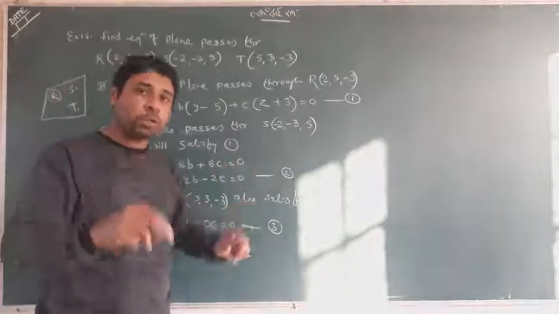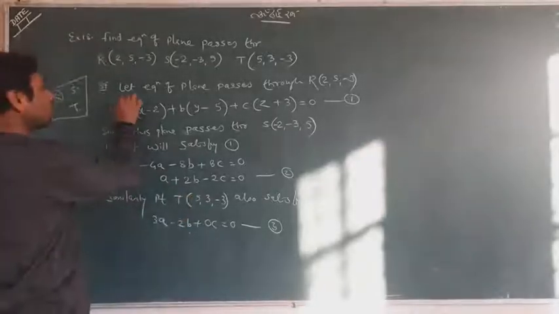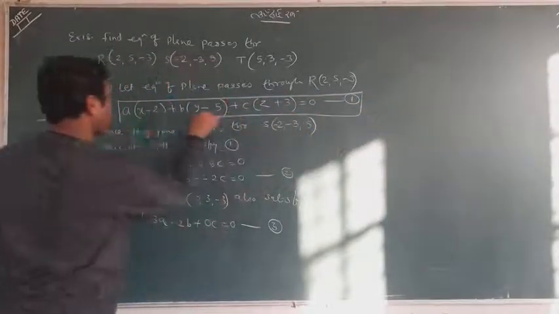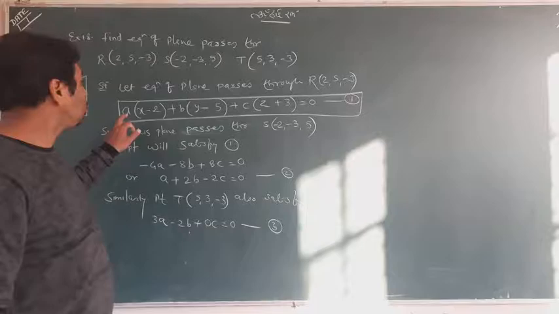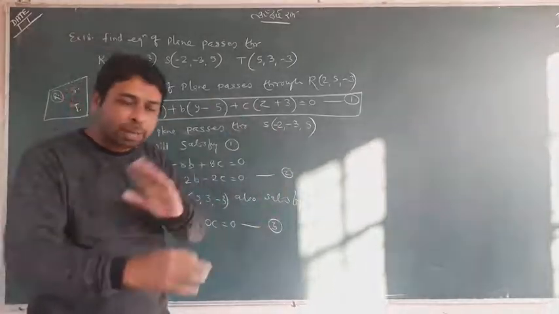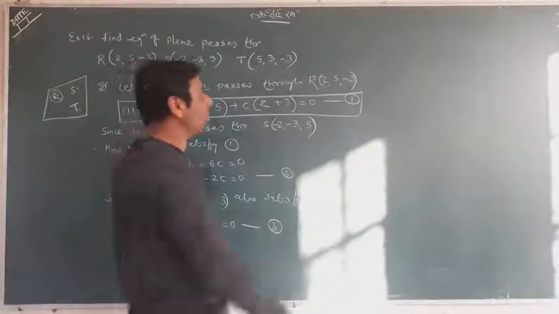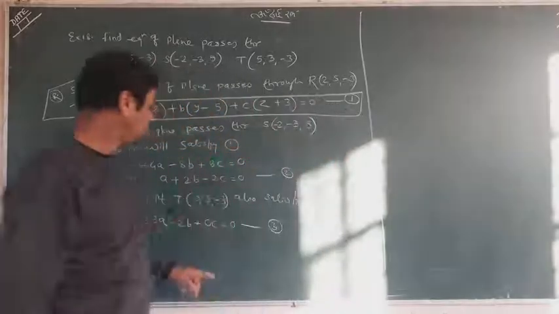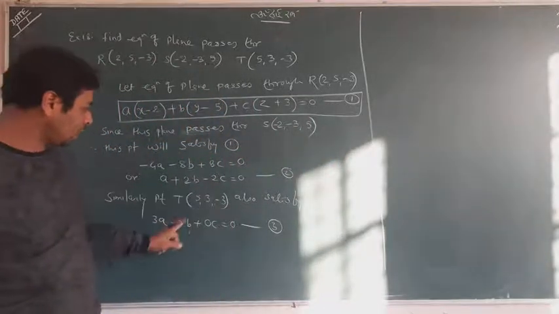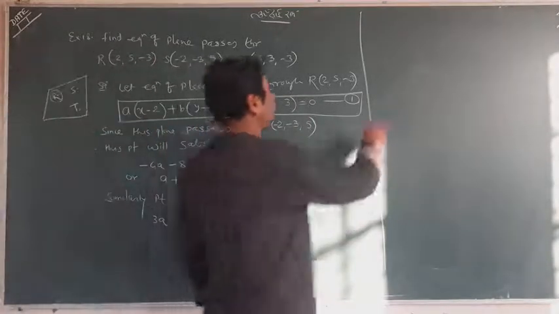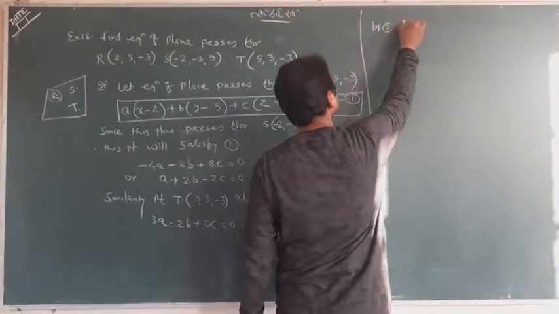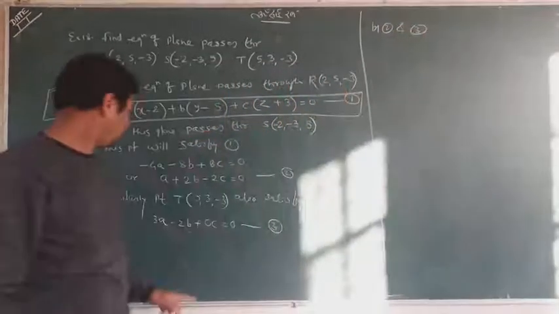I again pull your attention towards the thing that it was your answer, but you don't have ABC. So I am trying to find ABC. How can we find ABC? Look at it. This is the ABC equation. This is the ABC equation. I will choose these two, second and third.